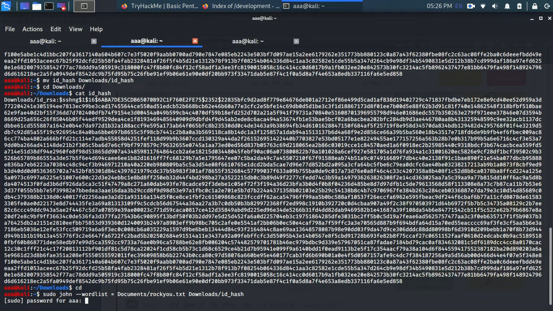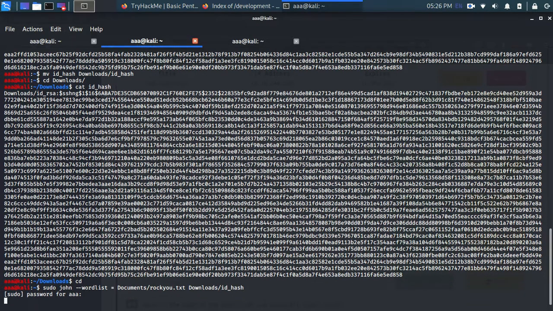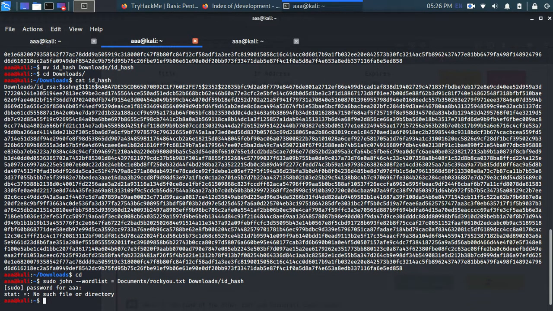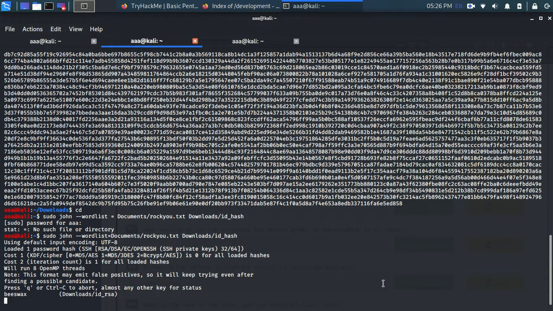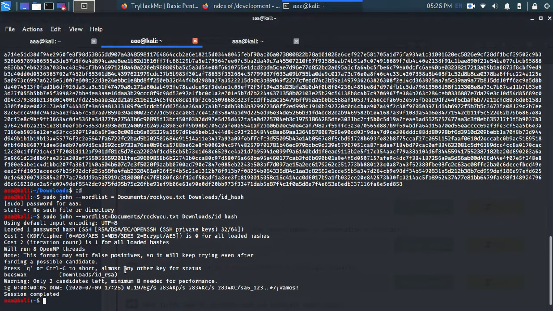So after typing in my password right now, oops, no such file or directory. Okay, let's check this one. Yeah, now it's running, and it has been cracked. I don't know, today is my lucky day maybe, it got cracked really fast, and the answer is BVAX.